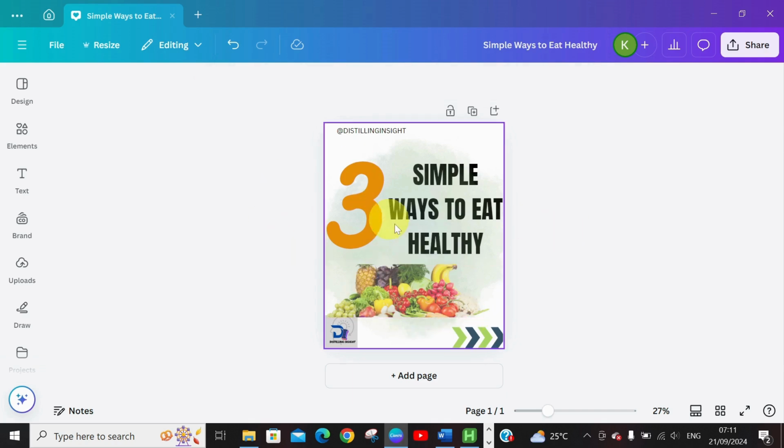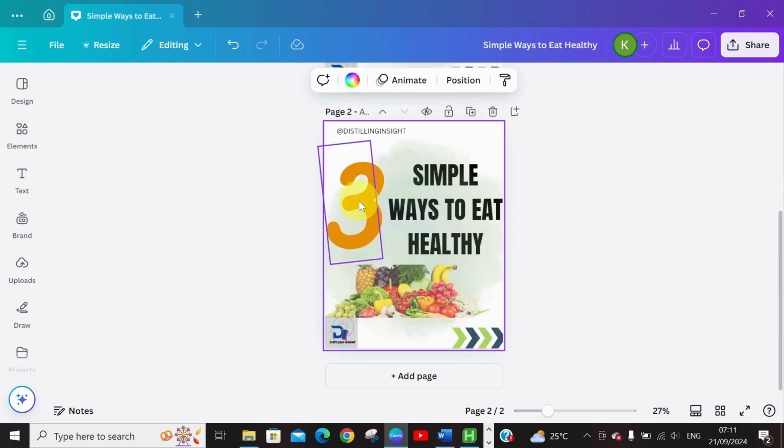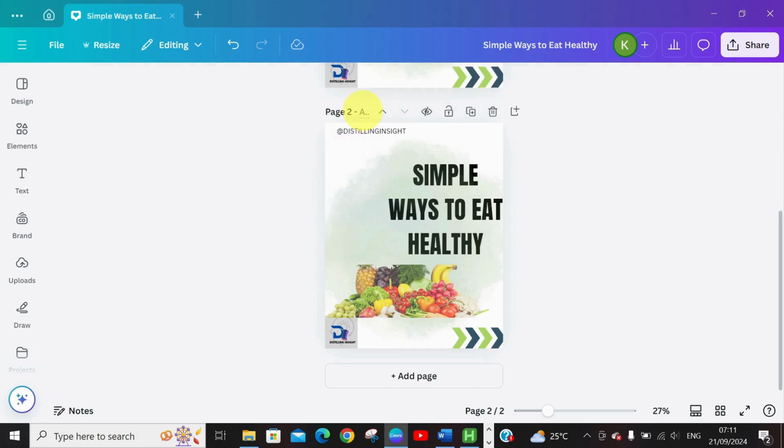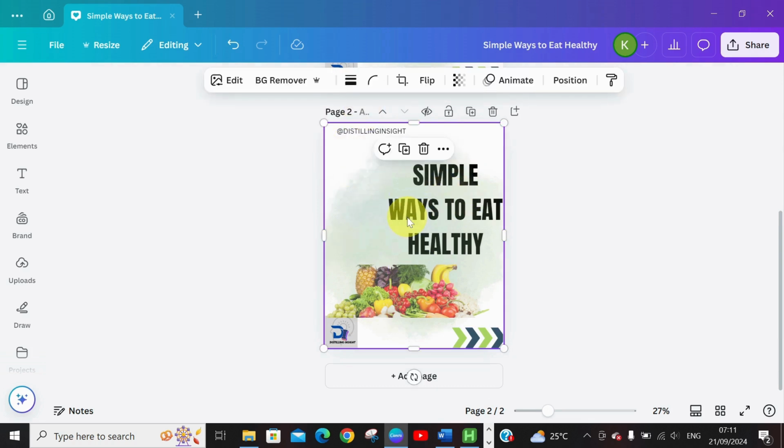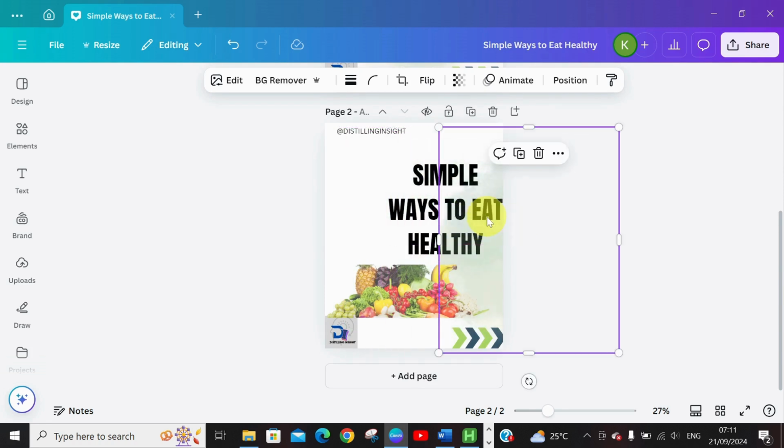So now, definitely whoever comes across this will know that, okay, you're swiping. So the basic or the major work in starting from scratch when you're creating a carousel post is just the first page. Once you're done with the first page, the second page is just for modification. Just duplicate the page. Bam. It's being duplicated, but this time around we don't want this theory, so we just remove the background and